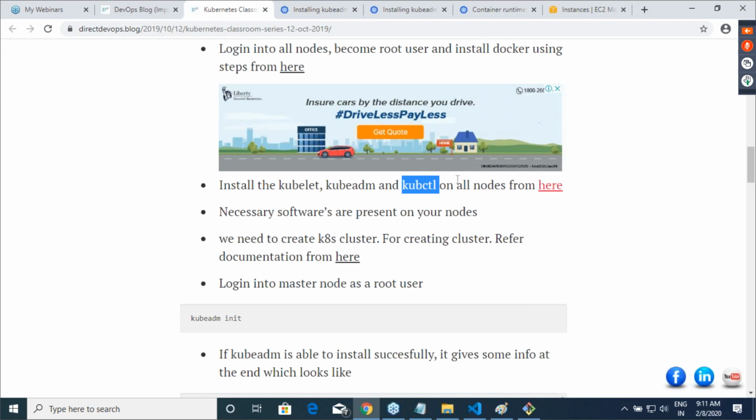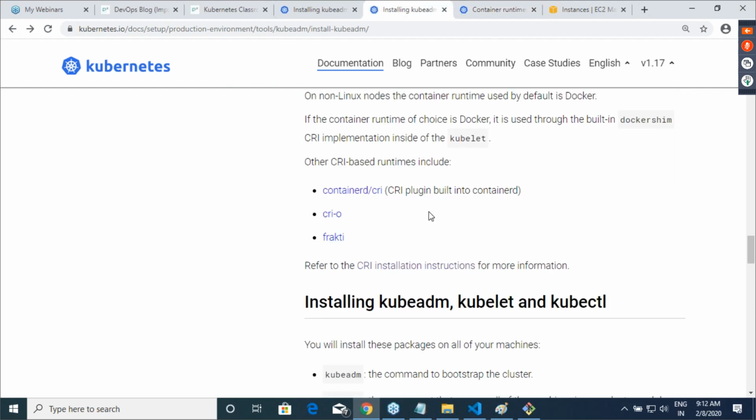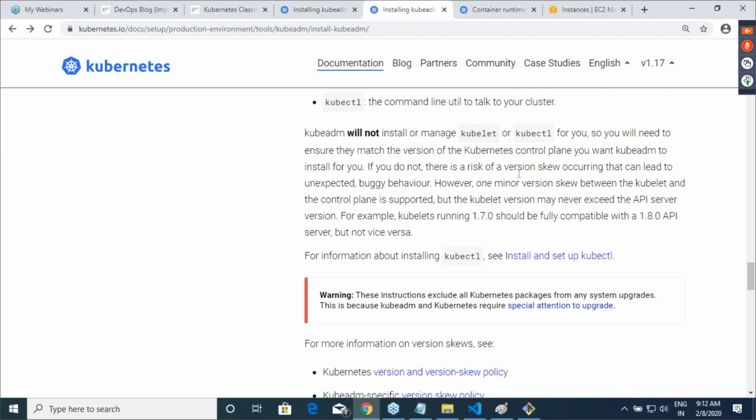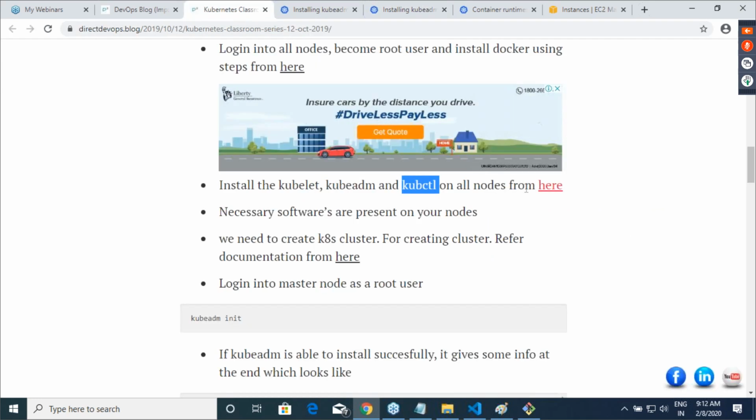We will be installing kubeadm on all the nodes, but we will be initializing on only one node. If you remember, this is much like your Docker Swarm. Docker Swarm is present on all the machines, but where we do init, that becomes a master. Where we join, that becomes a node. The same story over here. So even if you are following this documentation, this is the next step. I've given the same thing, but rather than going through all of this, I'm asking you to install by following the documentation, because it is a one-line description over here.